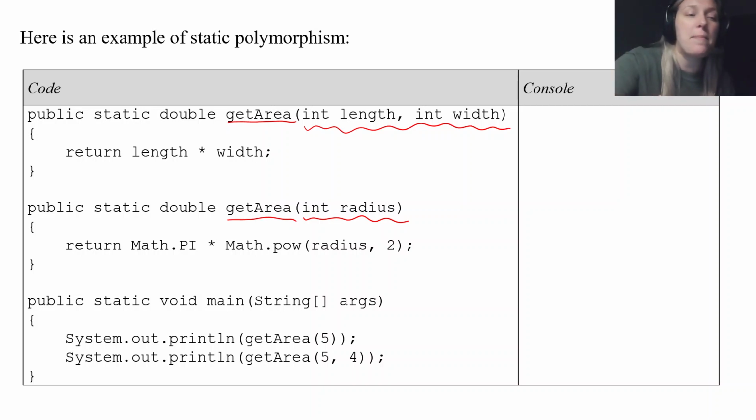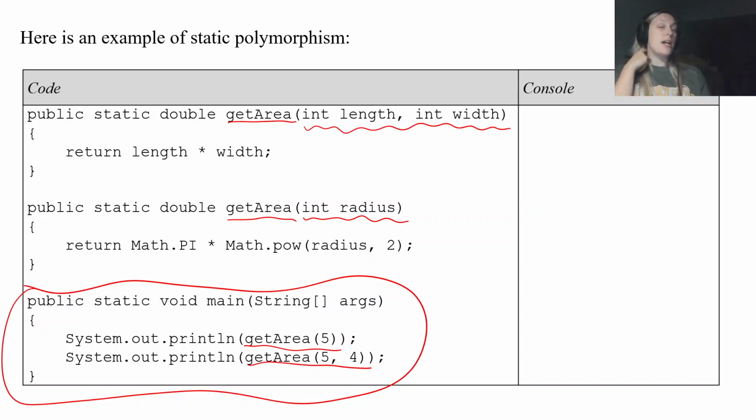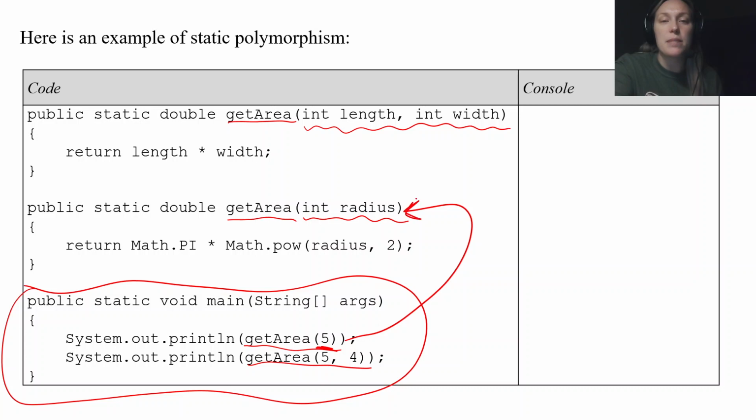Okay, and I got my main method right here. My main method is going to run. You see I have 2 calls to getArea, one with 1 integer and one with 2 integers. And when it's compiled, it's decided which method is going to be run at compile time, right? So with a single integer, you know you're going to run this method right here, and you're going to return